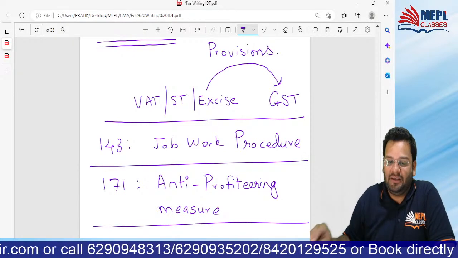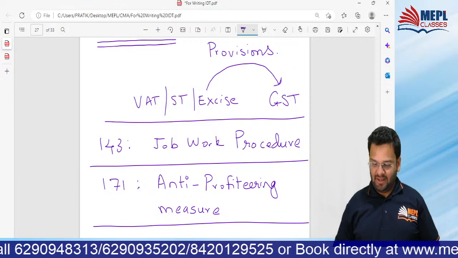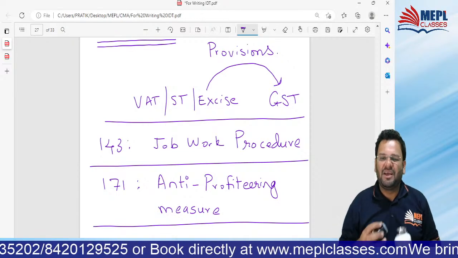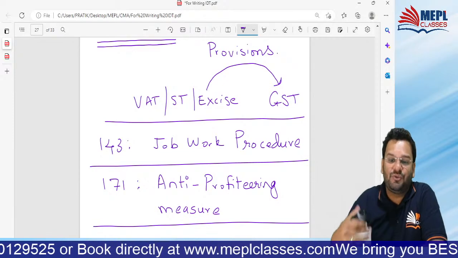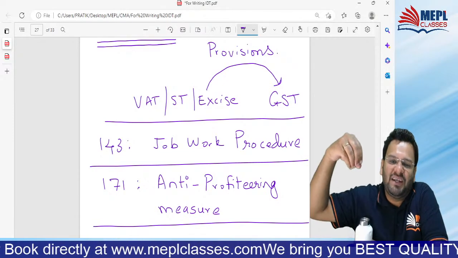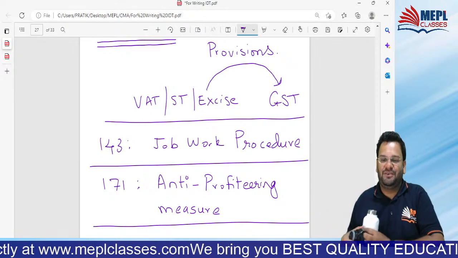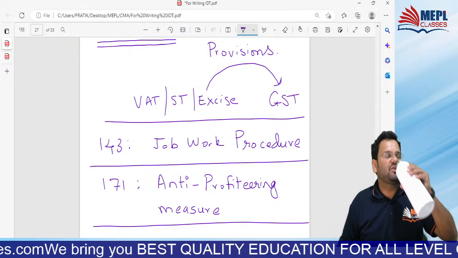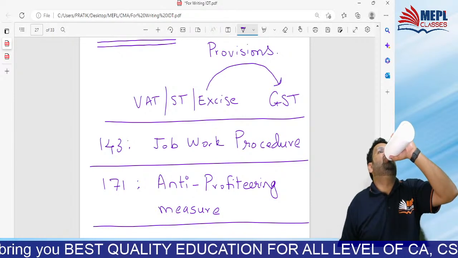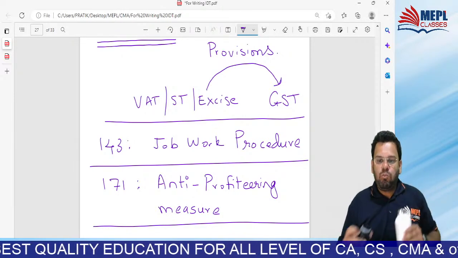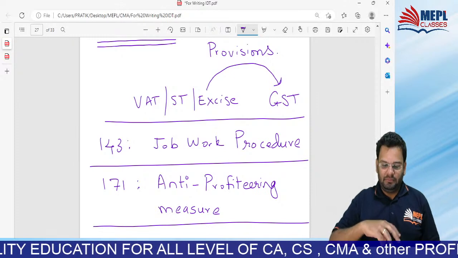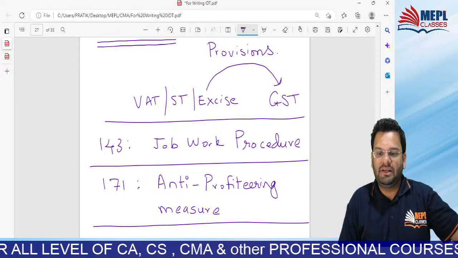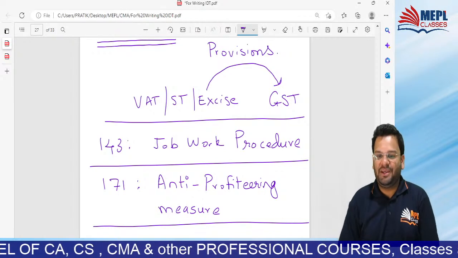So accordingly, I can give you the explanation if you want for a particular section. Obviously, as we go ahead, we are going to go in depth of each and every section. But still, if you want explanation for any section, let me know. Clear? Shall we go ahead?